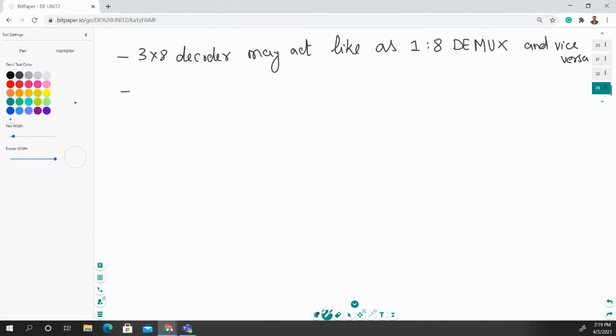So if they ask how many NOT gates and how many AND gates are required, then you have to calculate all those gates and give the answer. Otherwise, you directly give the answer that 8 AND gates are required for designing a 3 to 8 decoder. Okay, clear?